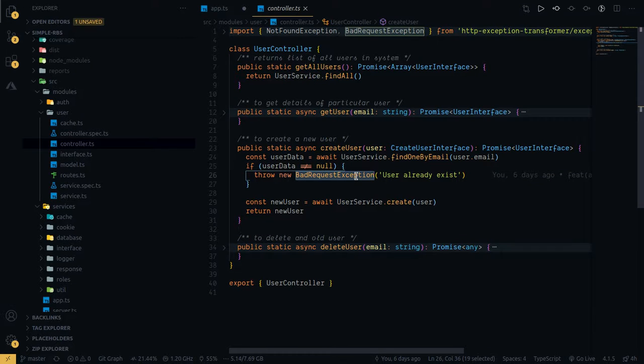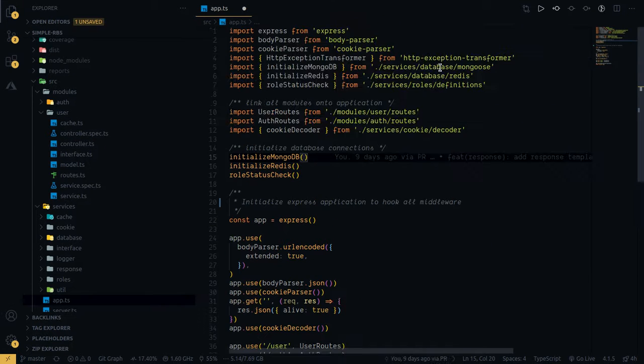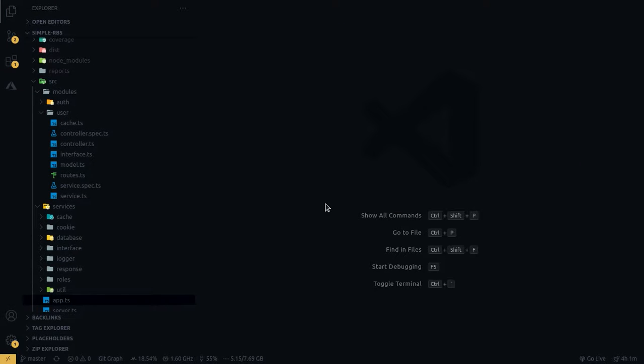That particular middleware will catch this error even if you're not using a try-catch block, and it would send the specific status code, and it would send the response always in a very structured format, so that the API clients that we have, even if we are accessing it through mobile applications in which there are many a times strict definitions for serialization and deserialization, can also use the API in a very effortless manner. And this is publicly available on NPM, and I developed this by the time I was working on this particular prototype itself. So let's get started.